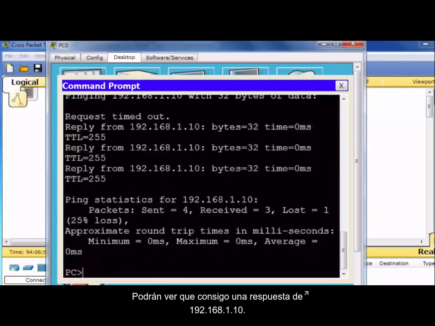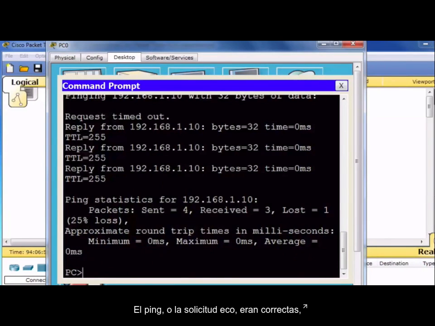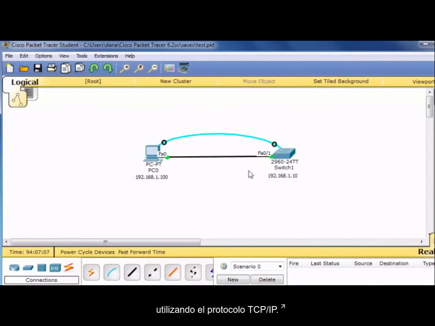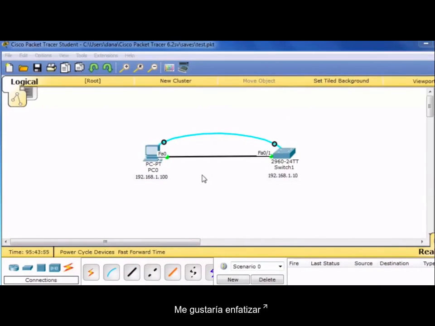You can see that I'm getting a reply from 192.168.1.10. The ping or echo request was successful, and we can now communicate from the PC to the switch using the TCP/IP protocol. I'd like to stress that since the IP address has been assigned to a virtual interface, VLAN 1, that means that it is reachable by any of the switch ports on the switch that have been assigned